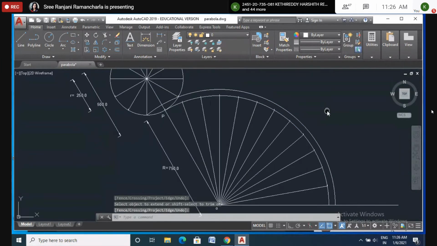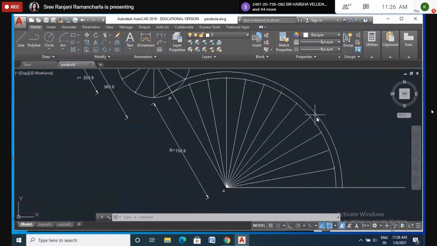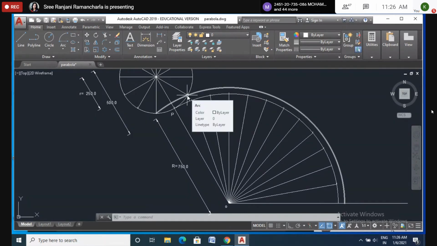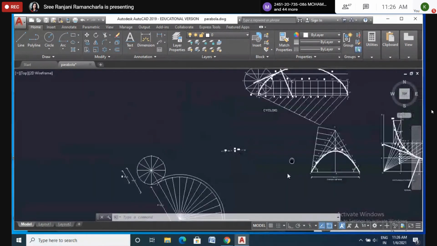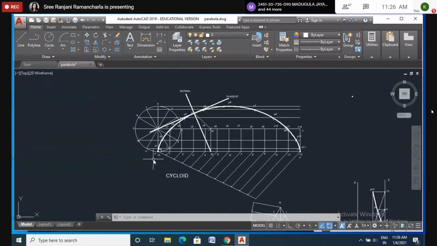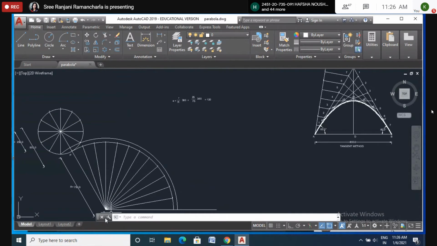Now look here. Take this as center and this as a radius, and draw the curve like this till this end. While you are drawing the curve, it should compulsorily pass through point 1, like how we did in the cycloid. See the cycloid: when you start the line from 11, drawing a line parallel to the baseline, it passes through point 1, right? Similarly here also, when you draw the curve taking this as a radius. What is that radius? 0 to point 11.